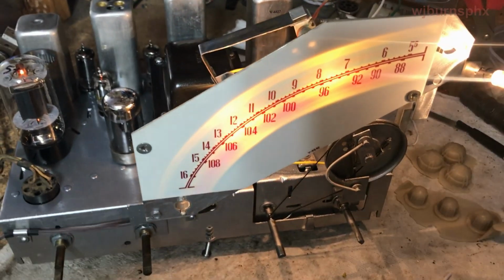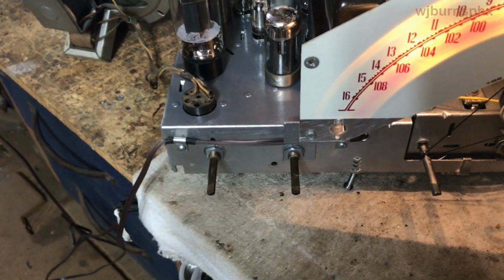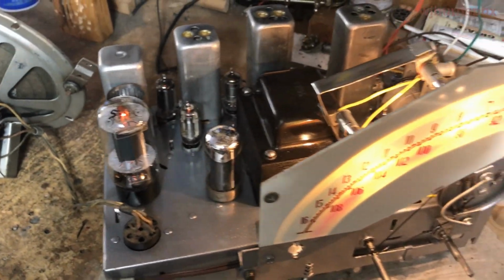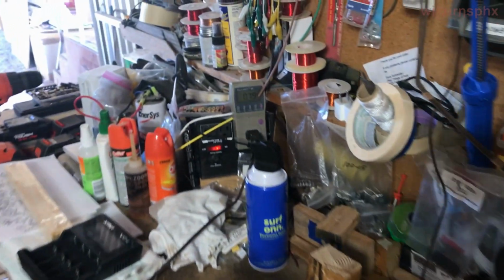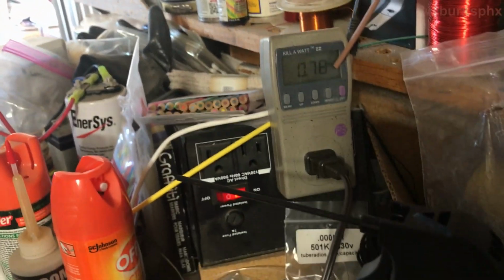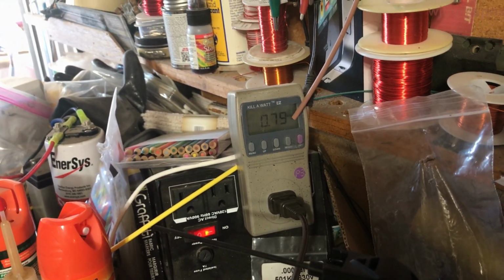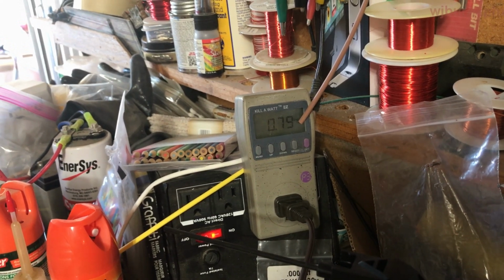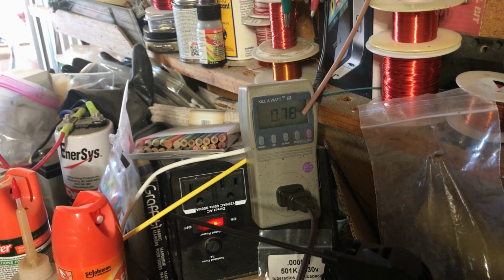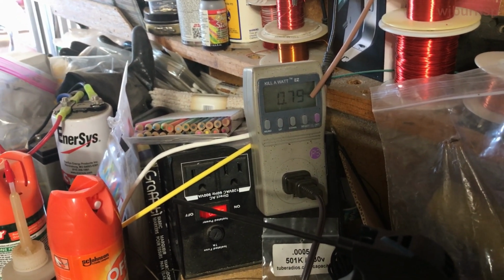She's checking out really good so far. Like I say, I still got to do the voltage readings on the tubes and other components and get an alignment done on it. So I need to get cracking. She's pulling 780, 790, almost 800 milliamps on the thing. I have a 750 milliamp fuse in it. I might have to go to a 1 amp fuse. The surge hasn't